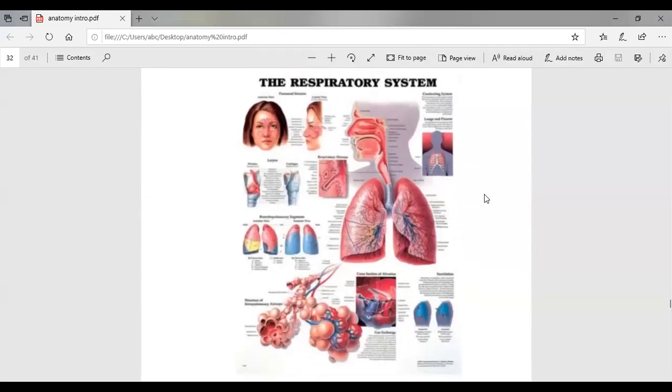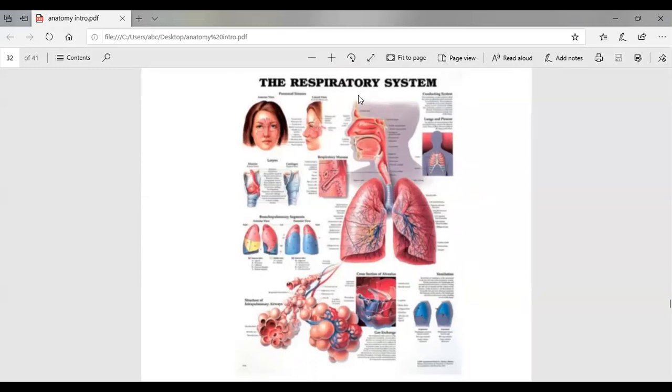The next one is an interesting system called the respiratory system. What do we do with the help of the respiratory system? It is made up of different organs, because I basically told you guys that many organs combine together to form an organ system. So the respiratory system is another example of an organ system. What does it have? It has many organs which work together in the same function and carry out the task.